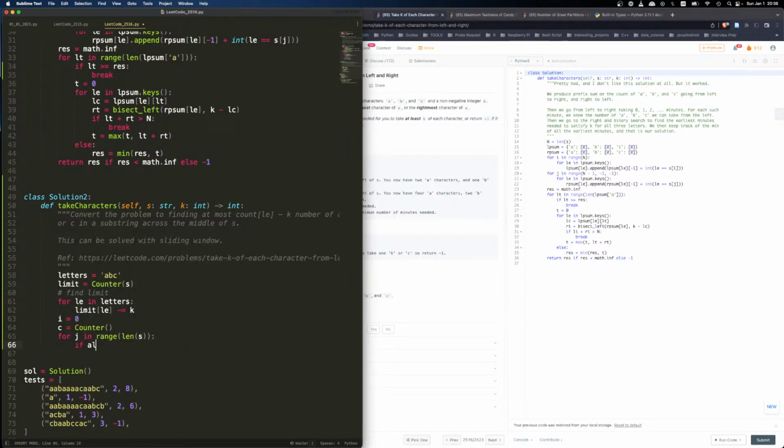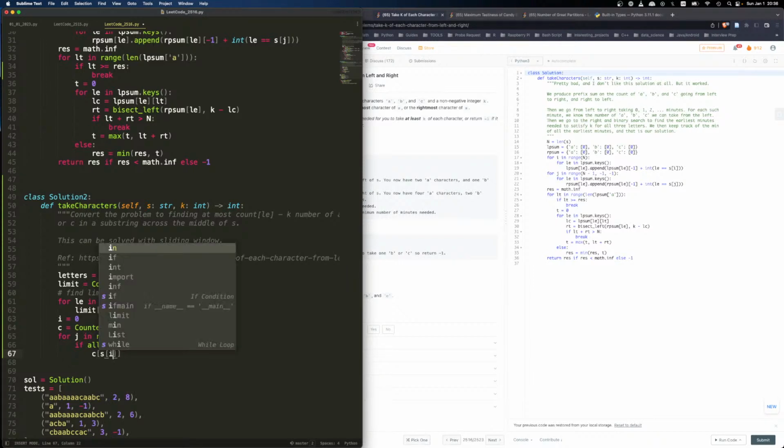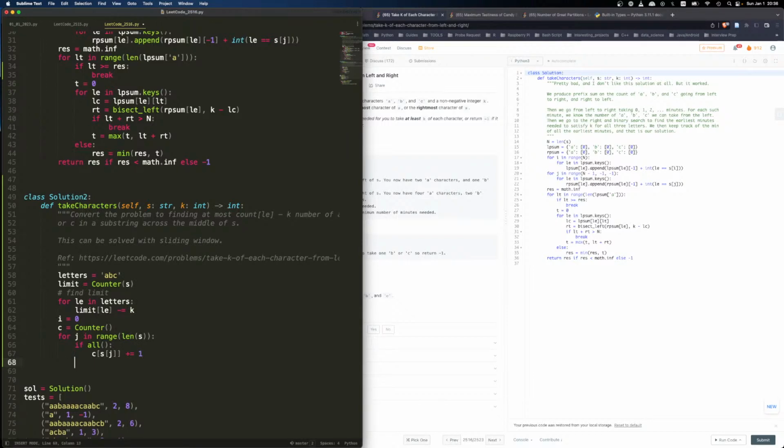So if all of them is good, then I can say C of S[j] plus equal 1, right? Else